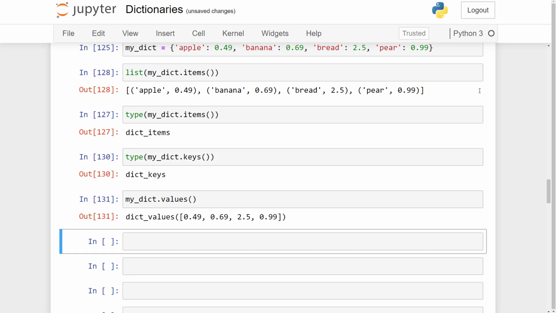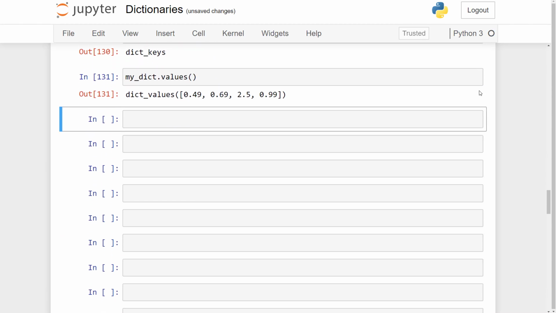Now I just want to introduce a concept which we will cover in much more detail later in the course when we cover control flow, but it's the concept of looping. So these methods that we've just gone through come in very handy when we want to access all elements of a dictionary. So please don't worry about the syntax that I'm using here, just try to follow along with the concept. So if I start by typing for value in, and then place